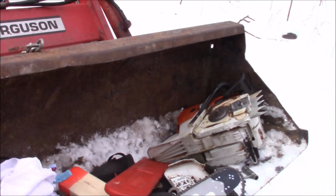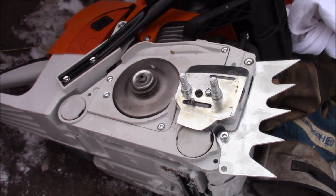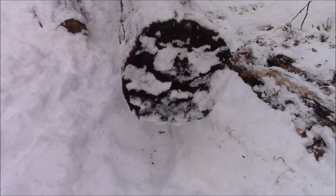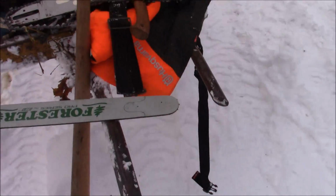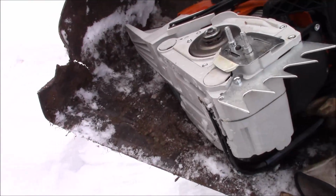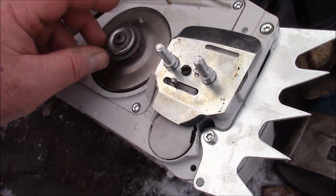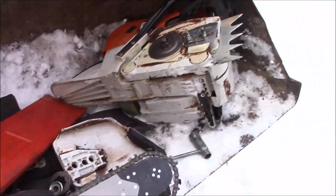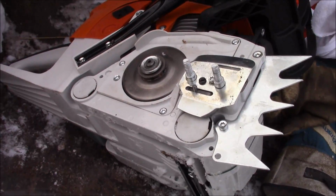And alright, the way we're going to do this is I jacked that big old log up. It's a nasty thing, and what I'm going to do is take the saw that we just put the HyWay top end on, and I'm going to put a 7-tooth sprocket, let's be conservative, and I'm going to pull the bar and chain off of my Farmertec 56mm saw, run this for a little bit, get some time to break it in a little bit,